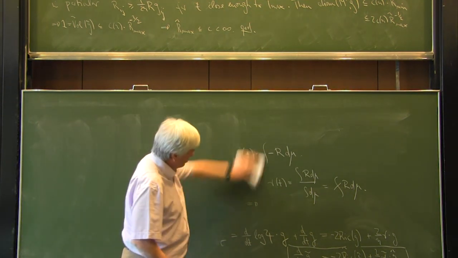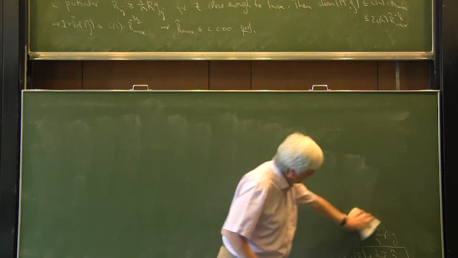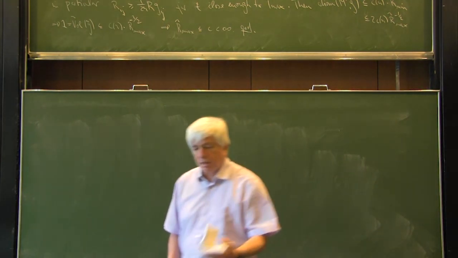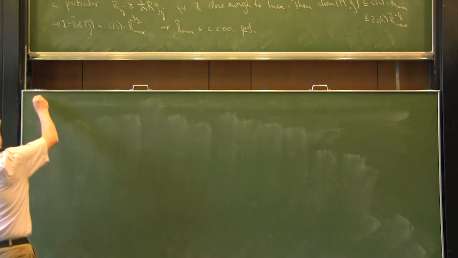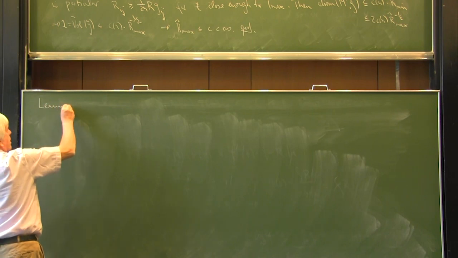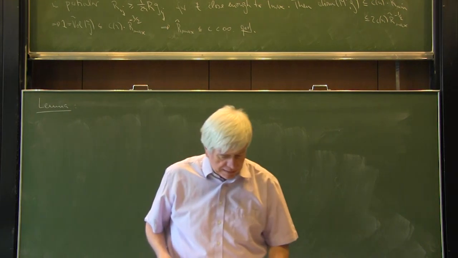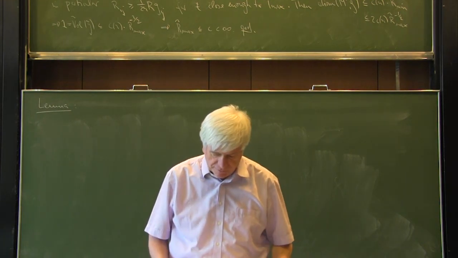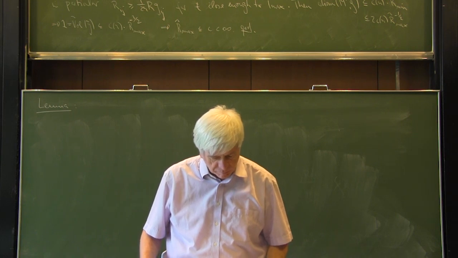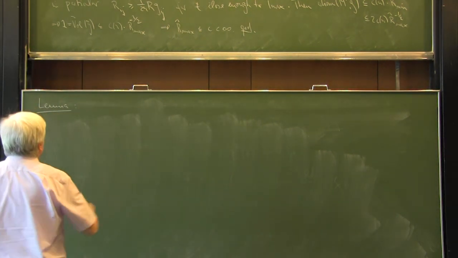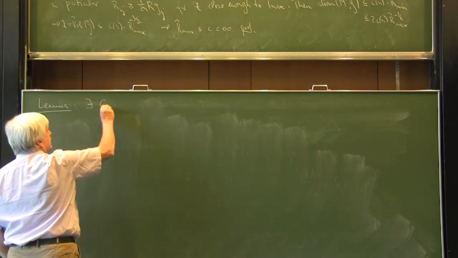This is still a theorem on the original Ricci flow, which we then translate to the scaled one. So the next lemma says that there exists a constant C2